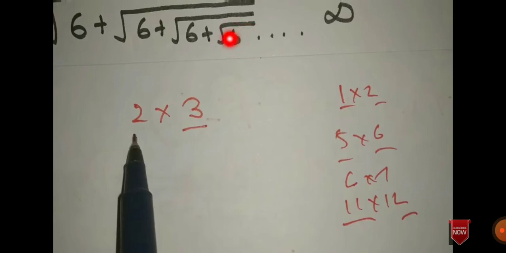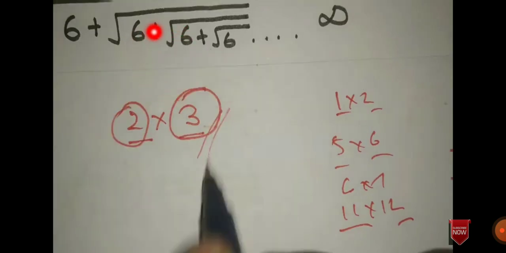So when can we get an answer as 6? When we multiply 3 into 2 or 2 into 3. So only then will we get an answer as 6, and both the numbers should be successive numbers. So see here, 2 into 3. If you are having a plus symbol, you must take the greater value. So 3 is your answer. If you are having a plus symbol, you have to take the greater value as your answer, 3. In case you are having a negative sign, minus minus minus, you have to take the least value among these two successive numbers. So for this question, the answer is 3.